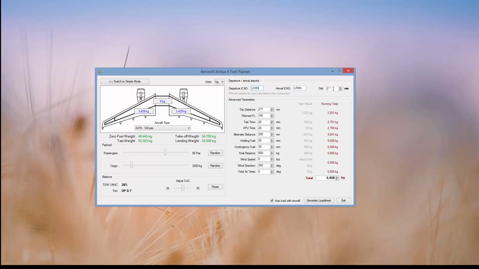This will calculate that the distance we have to fly today is 277 nautical miles. Enter 80 passengers, cargo of 2,000 kilos, and this will then do all the calculations that's needed over here. I've just noticed my planned flight level is 150, but in fact we're planning to fly at flight level 310, so I better change this quickly. There we go. And you'll see that as I did that, I made a whole number of recalculations all over